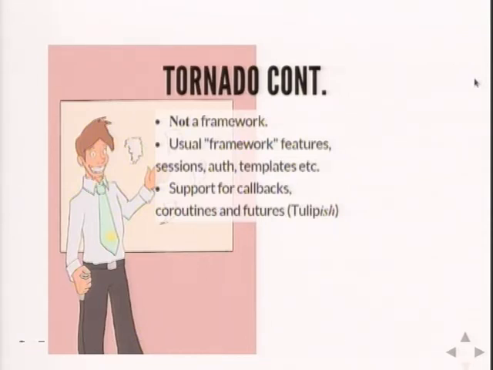I mention this because it doesn't necessarily always have all of the framework components that you want, like an ORM or a really, really fully mapped out routing system, and a few other things that you get out of the box with things like Django or even Flask, or add-ons for Flask. But it does have some of the features like sessions or a template system, although because everything is loosely coupled, you can swap out pretty much anything you like. For example, a lot of people usually use Jinja2 rather than the templating system in Tornado. So the Tornado templating system is fine. It's quite fast and very similar to Jinja and Django templates.